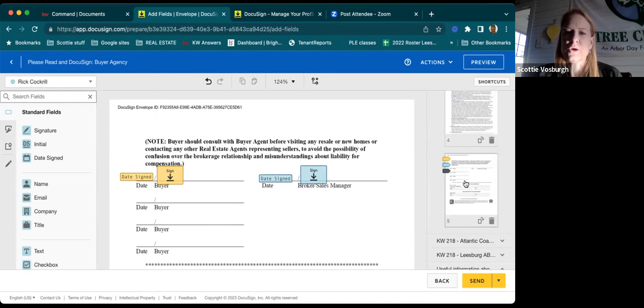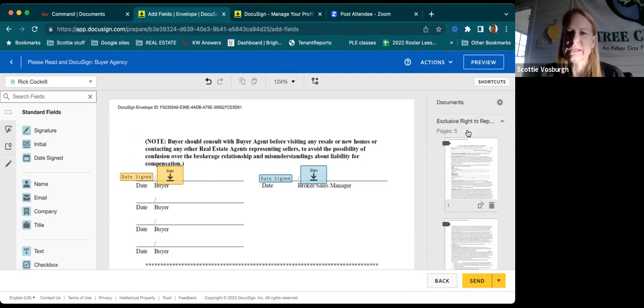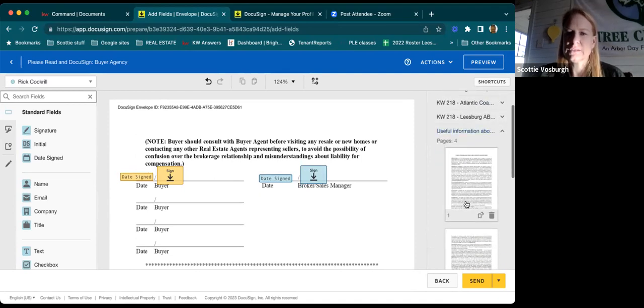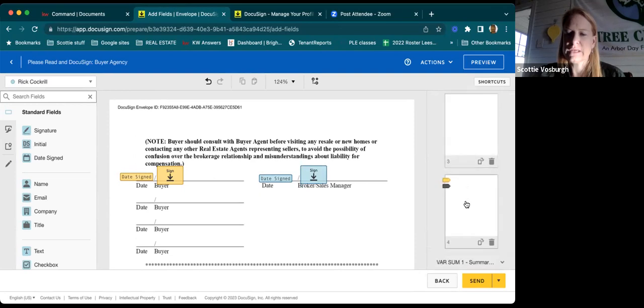So if you know there's signature required and there's only one color on here, you know something might have been missed. But you can go to each individual document, the useful information. No, it's this one, it's the sum one. So the end of the sum one